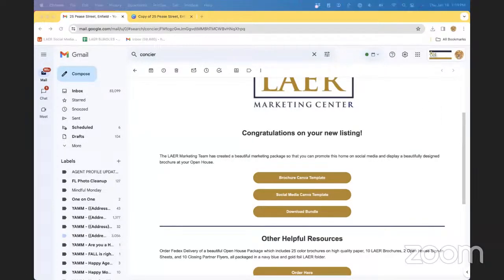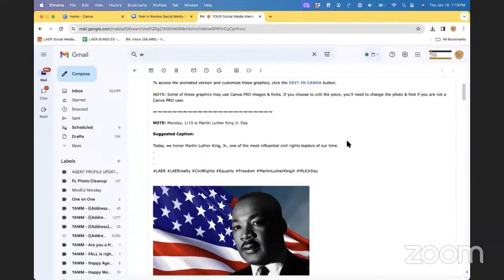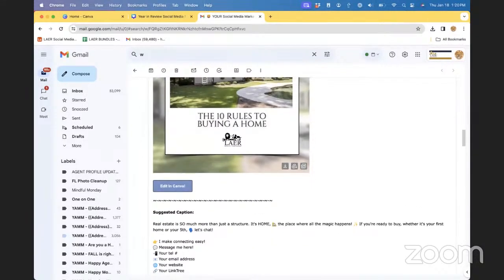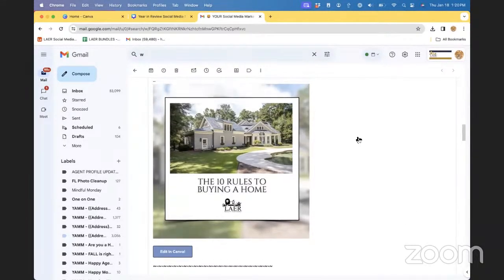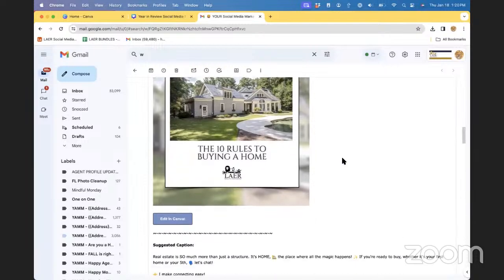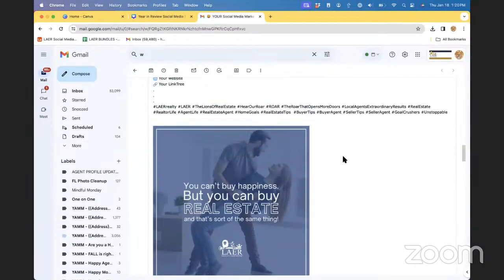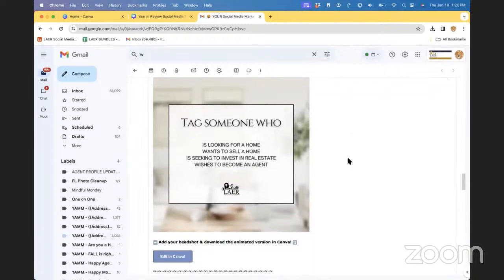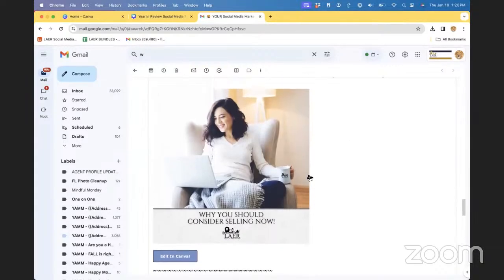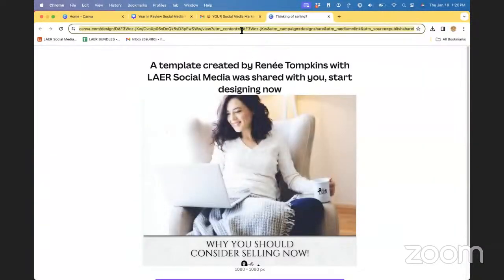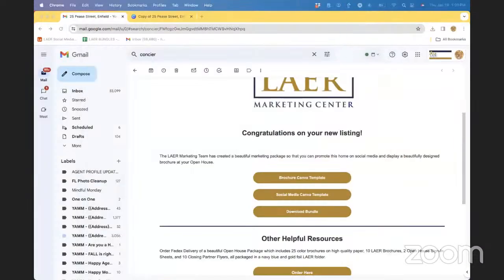So these two links are for Canva. And then let me show you also the social media pieces. So we have our social media email that looks like this, which has all of the marketing that you need for the week. Most of the time you can use these as is, and I want to say the majority of the time. But if you do want to change this, you're able to click on download. Click on edit in Canva. And I'll edit this in my Pro account so I can show you another feature